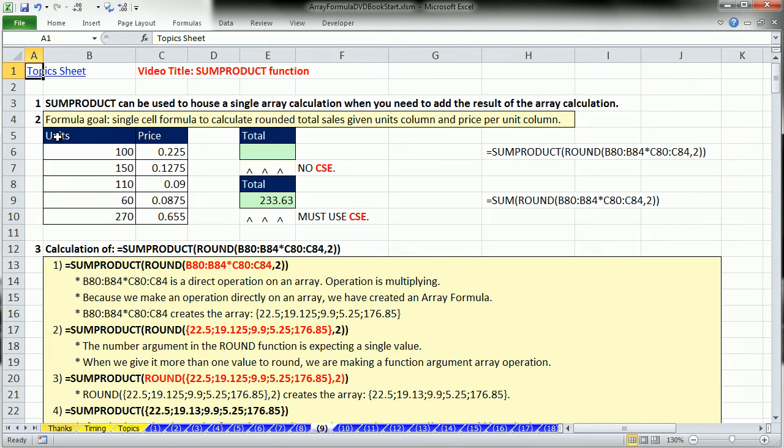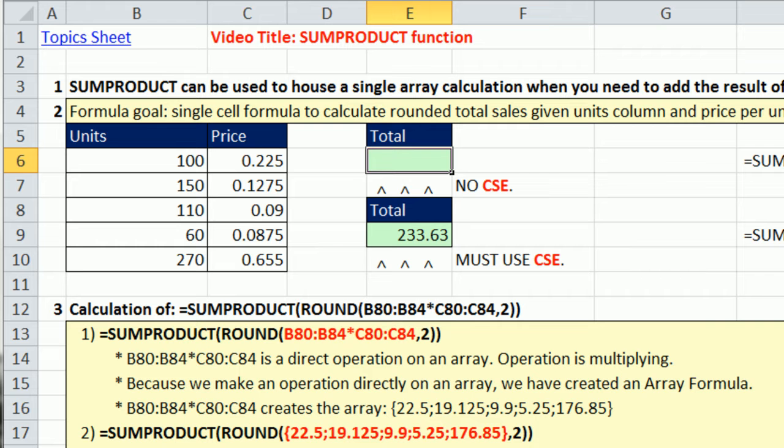in this video series. Now, here's our formula goal. We have a single cell formula to calculate rounded total sales given the units column and the price per unit column. So here we have units and price per unit. We do not want an extra helper column with the ROUND function, this cell times this cell, comma 2, and then copy it down, and then total. We want a single cell formula. So no problem. I think this is the third time we've seen SUMPRODUCT do this. SUMPRODUCT, and there's that